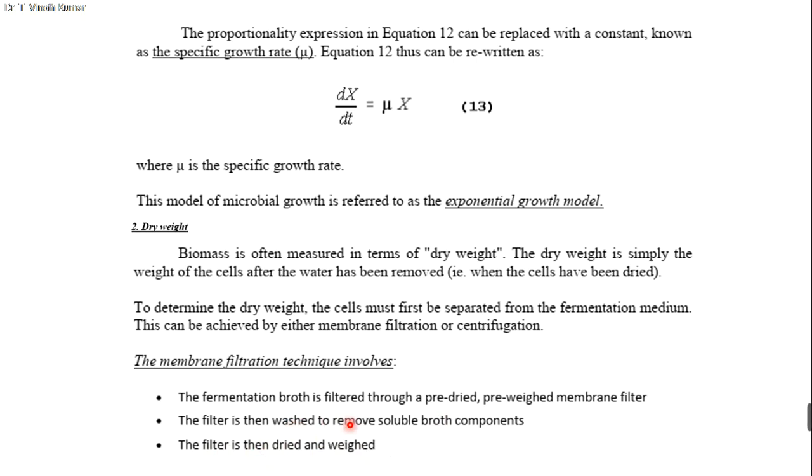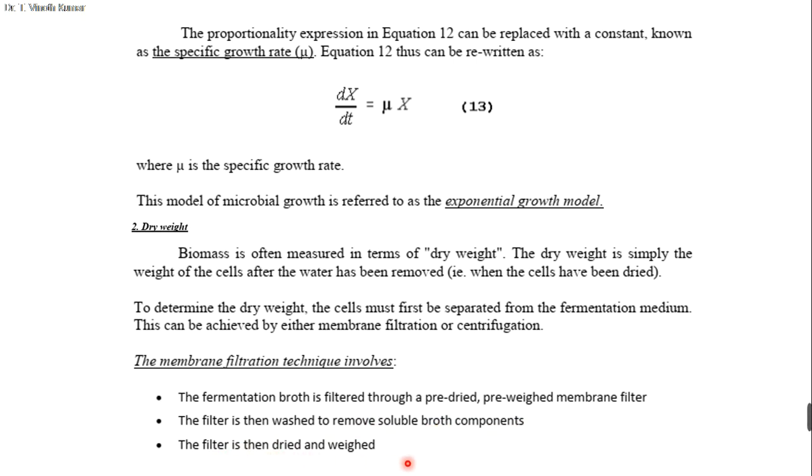That means after the filtration process, you can wash the filter with the biomass using water or deionized water to remove the soluble broth components. Only the cells should be present, including cells that may be stuck with components of the media, for example, if you are using beef extract or nutrient agar components, the peptone or tryptone, some proteinaceous components. These may stick onto the surface of the cells. This has to be removed by washing. So the second step is the washing method, and only after washing is the filter dried